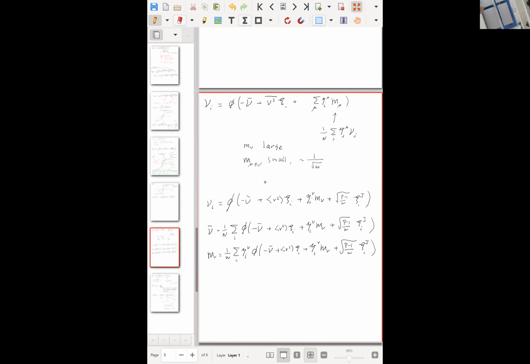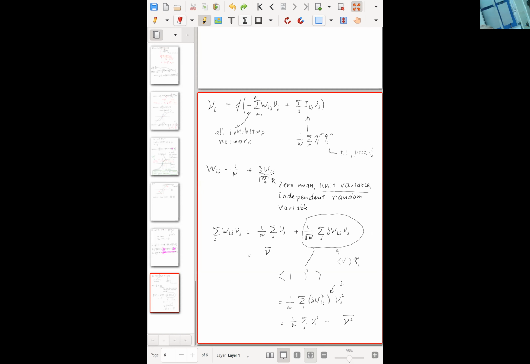Okay. So now we have two sums, sum over i, sum over i. And what did we learn from last time? All these sums over i do is smear out the gain function. That's all. Nothing else. So this is super, super powerful, because basically it means we could ignore this, ignore this, ignore this, ignore this, and all we do is change the gain function. So if the gain function was sort of steep, it becomes